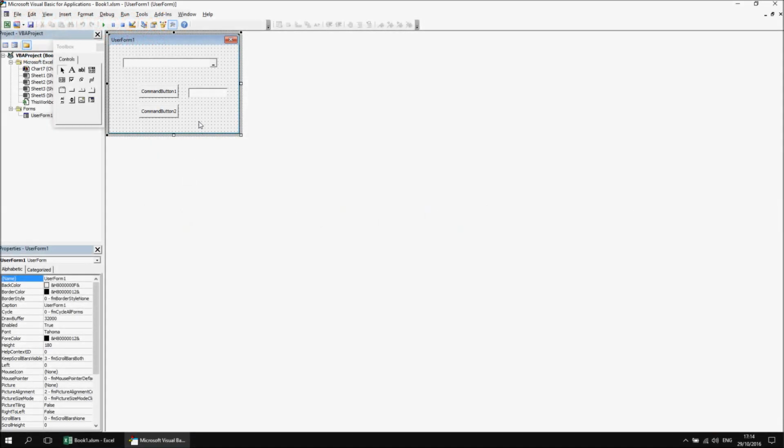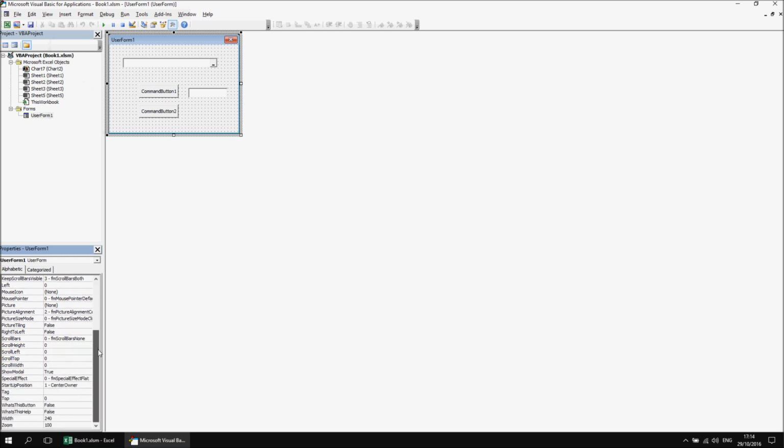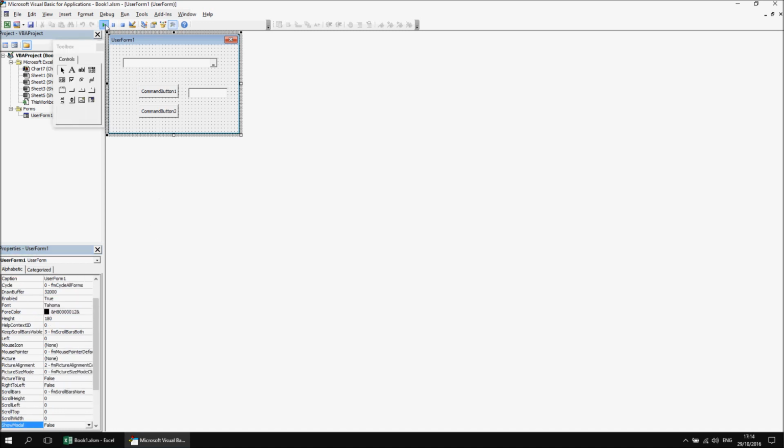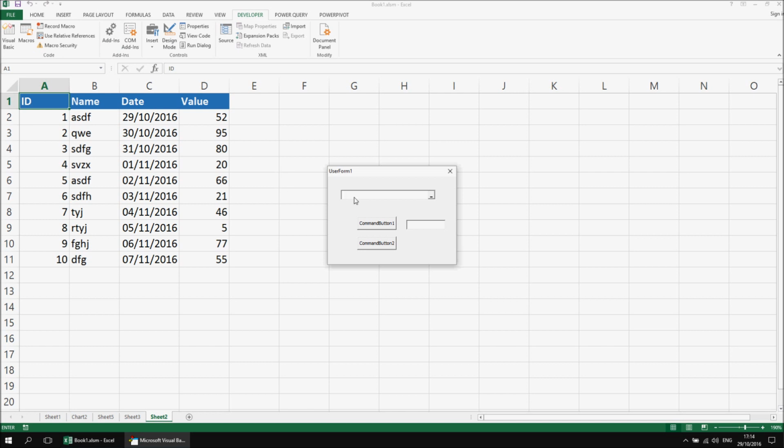So with the form selected, I can head down to the properties window and find the show modal property and change it from true to false. The simplest way to do that is just to double click the word true to switch it to false. Then if I run the form again, what I should find this time is that although I can,